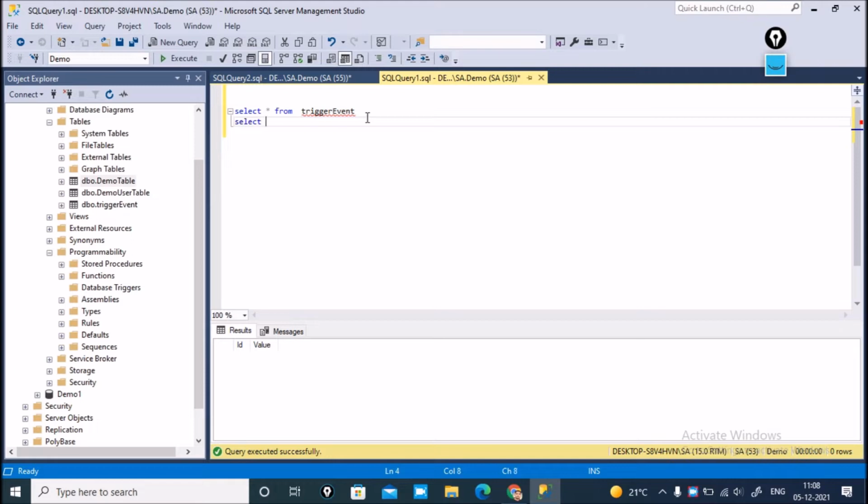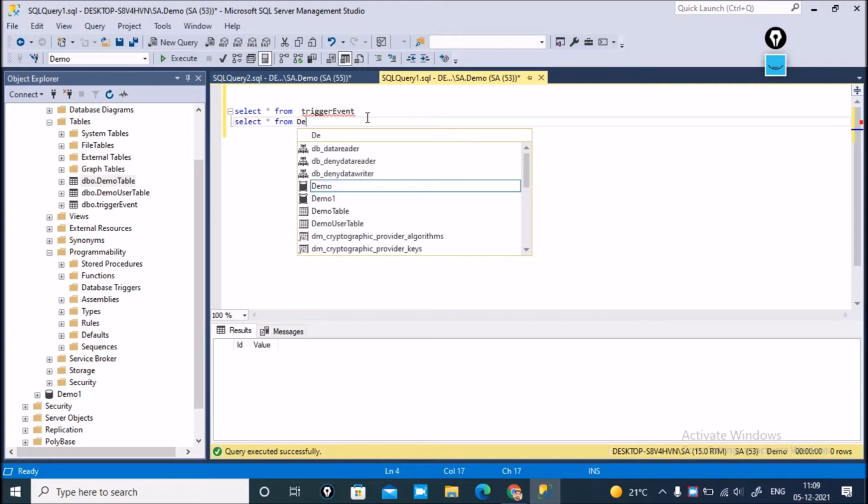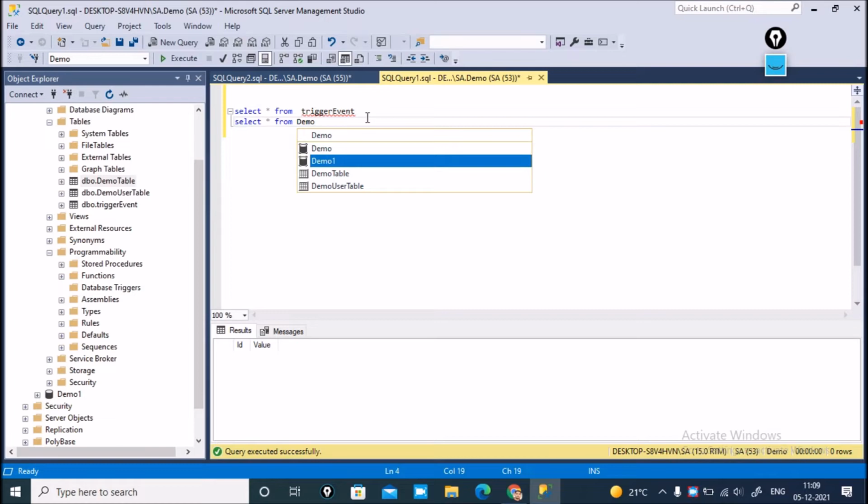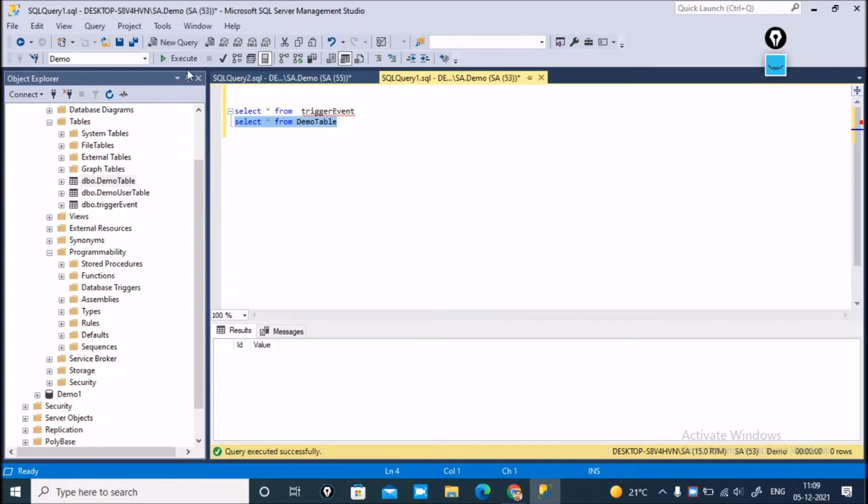Select star from demo table. This table contains two fields here. Truncate this table.